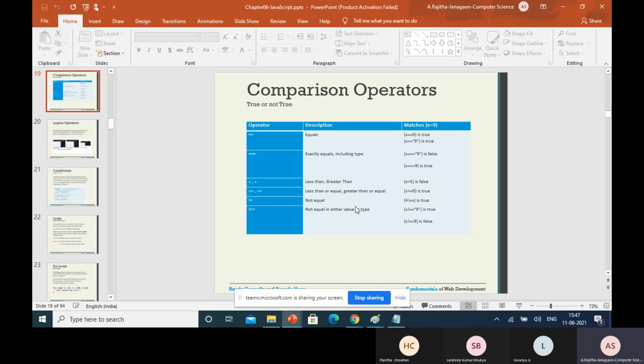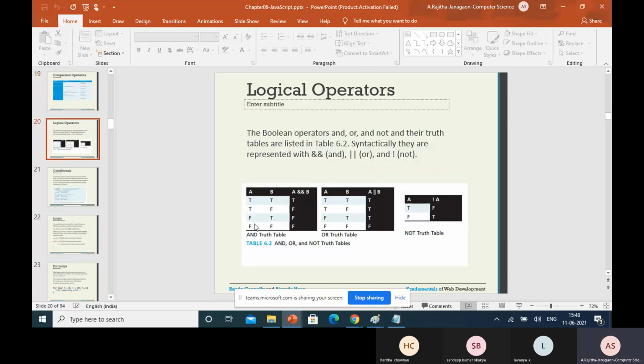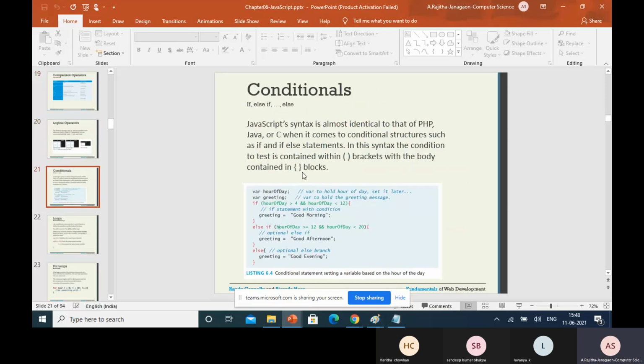So here this is true. Here this is x not equal to 9. This x is some variable, this is some string, this is not equal to this x, so this is true. If it is 9, then both are equal, so this is false. So here also the same. So these all are the logical operators. You know that there are 3 different logical operators: and, or, not. So the next is the conditional statement.